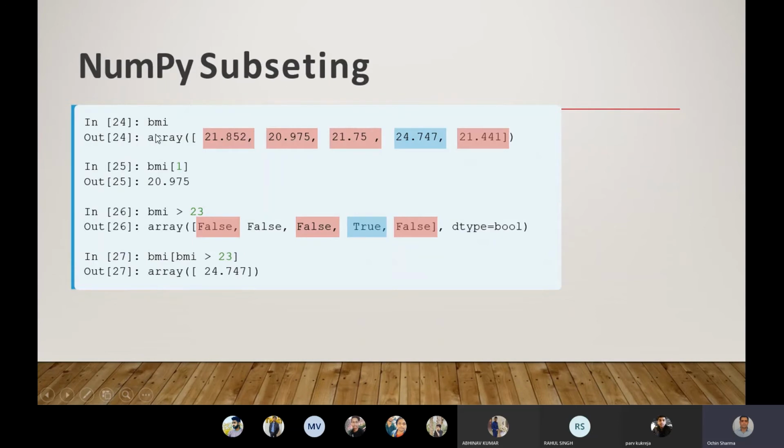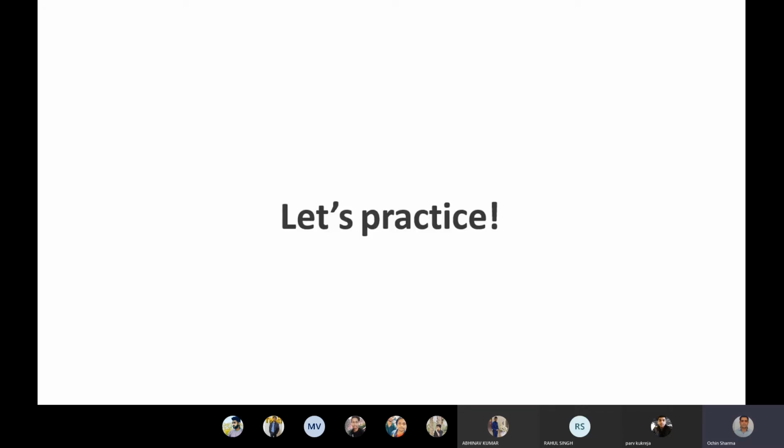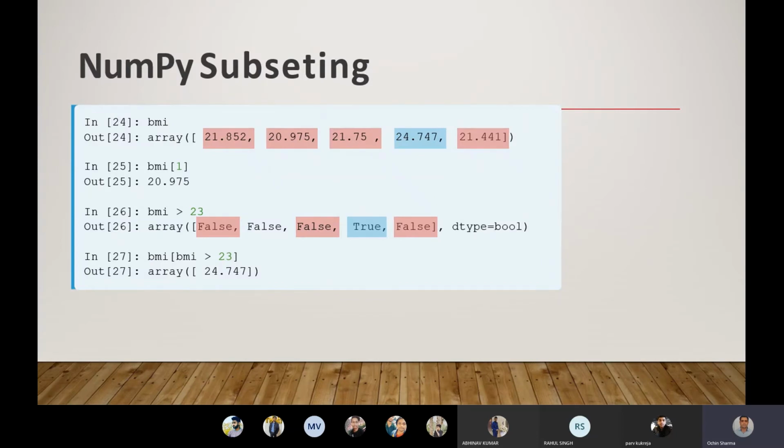Now, NumPy subsetting. In earlier slides we have calculated the BMI index. Now we have printed this BMI and we will get the values of the BMI index that we have calculated earlier.